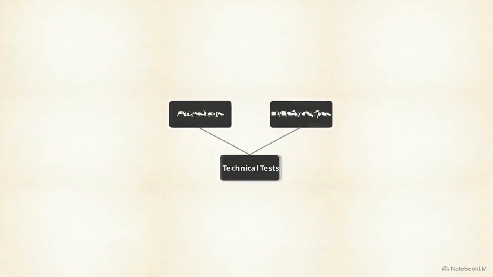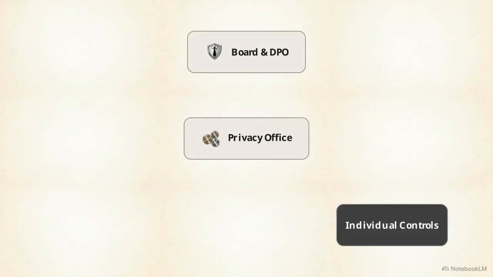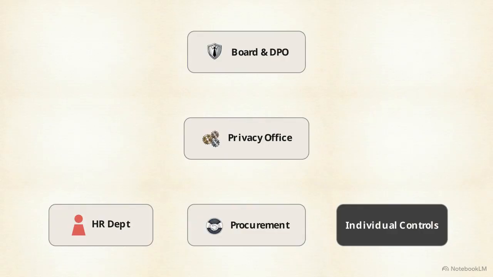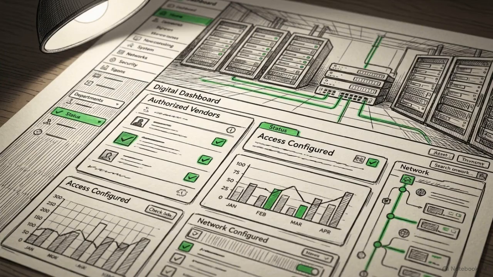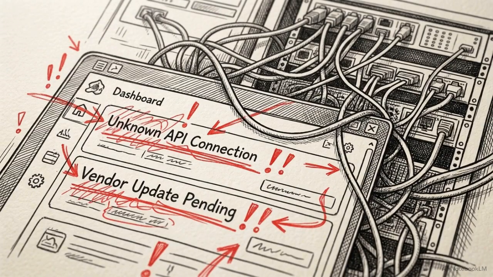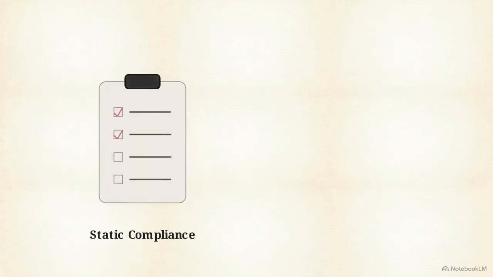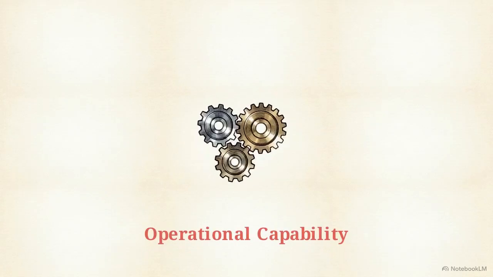Technical compliance needs an overarching governance architecture. Individual controls are one component beneath a larger management framework. This architecture dictates reporting lines. When system-level anomalies occur in HR or procurement, that data must seamlessly escalate to the data protection officer and the board. Without continuous monitoring, technical controls that function perfectly today will inevitably degrade as software updates roll out, vendors change, and new data streams are added. Governance is the mechanism that transforms static compliance checklists into a resilient, living operational capability.